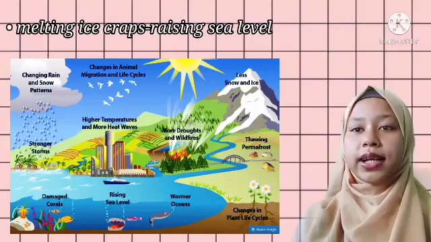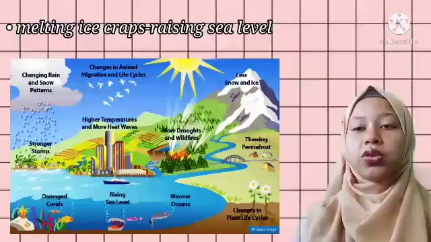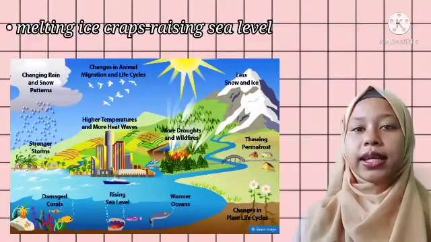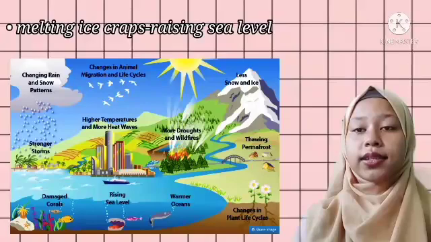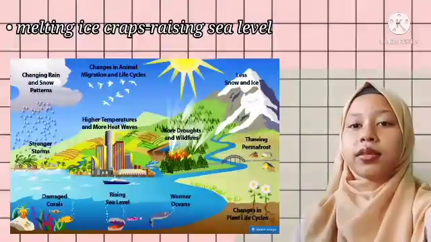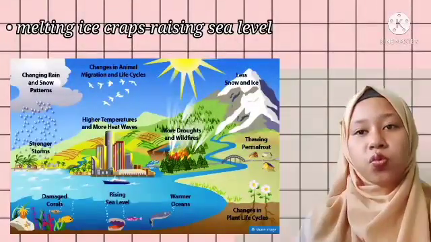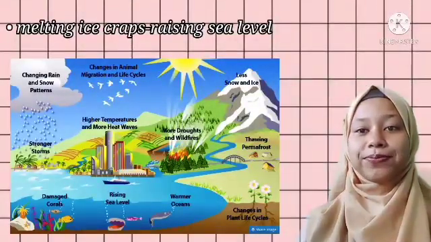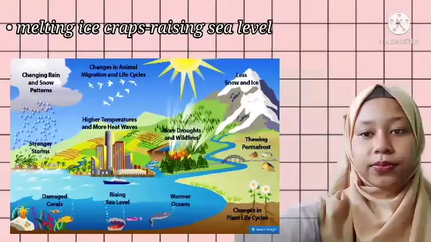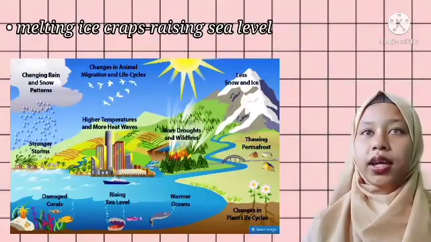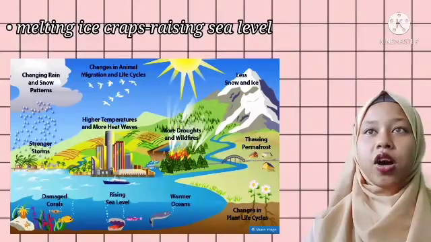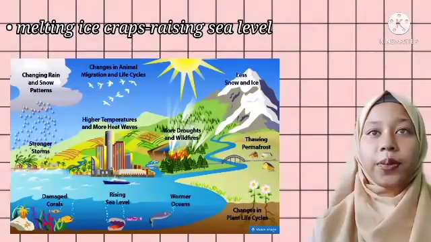But while polar ice caps are melting and sea levels are rising, parts of sub-Saharan Africa are experiencing drought due to global warming. The increase in the earth's temperature has also resulted in tropical storms and extreme weather, which have resulted in the deaths of hundreds of people in various parts of the world.